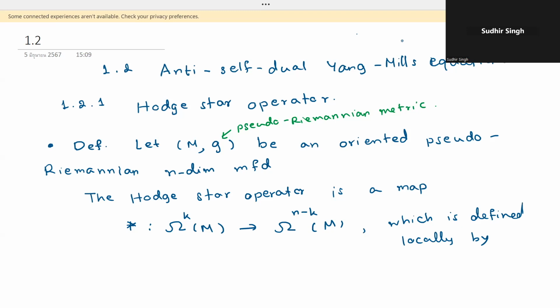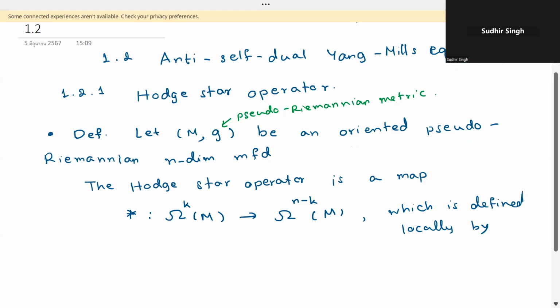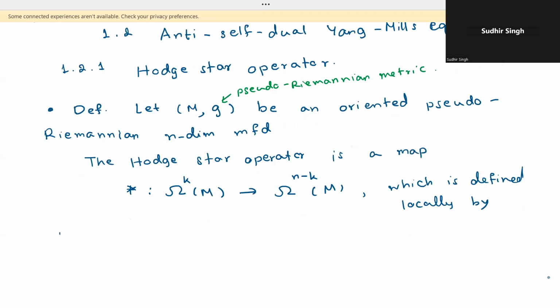When the star, the Hodge star operator, acts on a k-form, which is the wedge product of coordinate one-forms, coordinate covector fields, it is given by this. There's some constant weight and